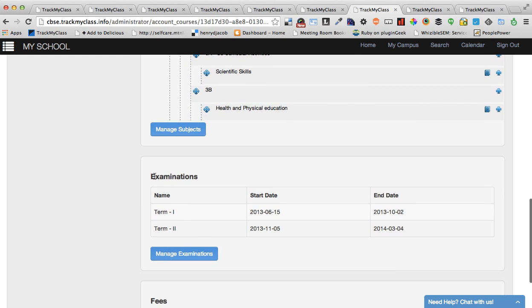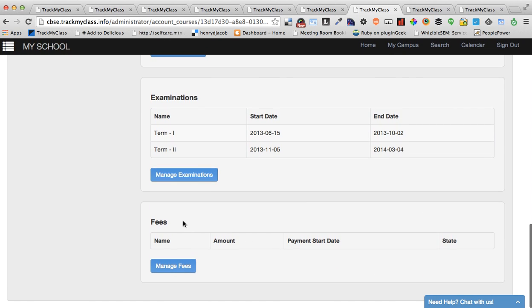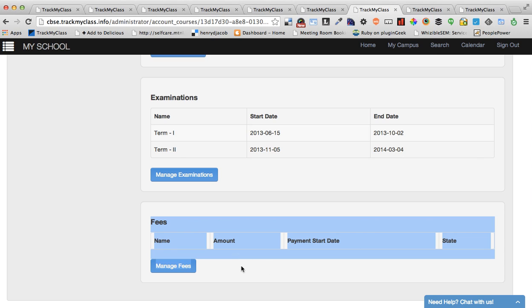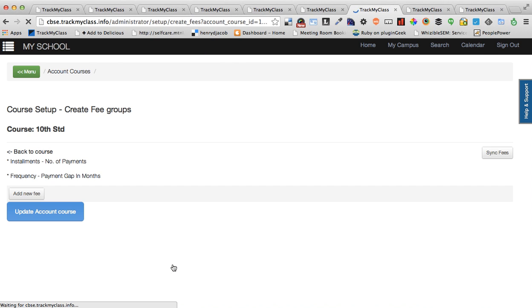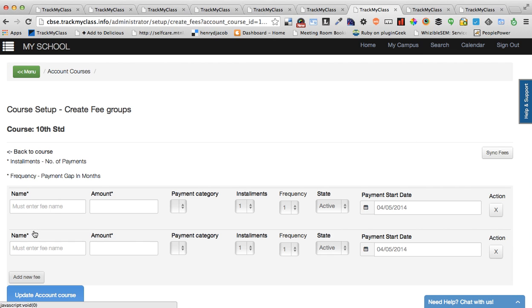Then you can also do examination planning, so you can have term 1 and term 2, and you can do complete planning of that. Then here there are a few options. What you can do is click on manage fees. So you can add fees. As I said, you can say it's tuition fees or monthly fee,